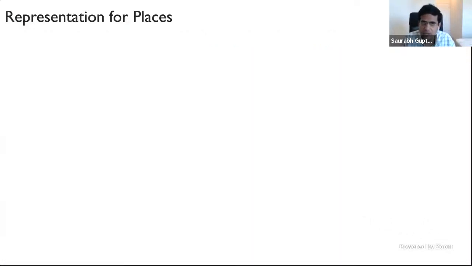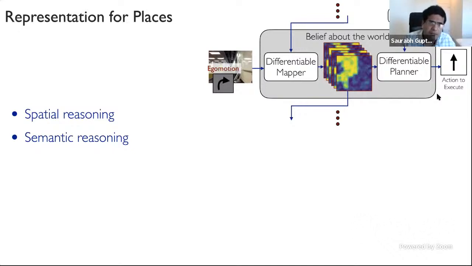So right. When we did this work, we were very excited that we can actually do spatial reasoning. We borrowed the mapping and planning architecture from classical SLAM solutions, but then we could inject semantic reasoning into it. And the semantic reasoning was emerging inside the network purely for the reason of acting in the world, right? We didn't say what it should represent. It was able to automatically learn what it should represent by the process of what is useful for the end task. Okay? So these were things which we were pretty excited about. But it turns out that,